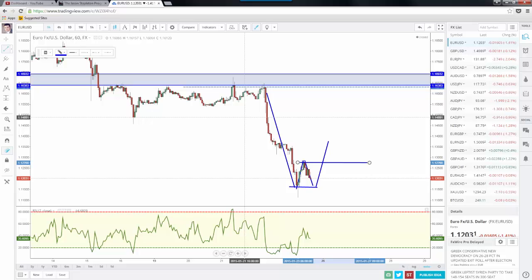Now, we may only rally back up into 1480s or 1490s, but good grief, if I can get a retest back down into that structure level, that might be a good place to look for a little pop. And we may get a larger, more extended move way back up into the previous structure level, or even higher than that, like I said, up to around 121s. So that would be an example of something that I would be looking for over the course of this week,